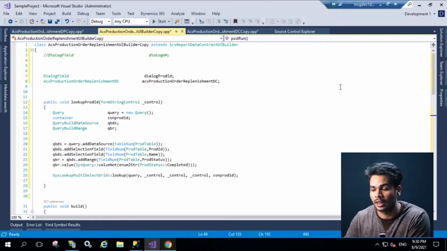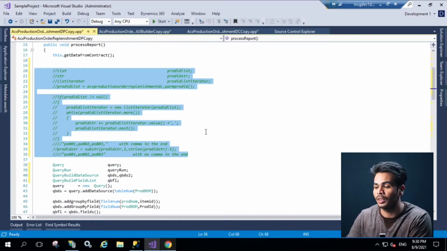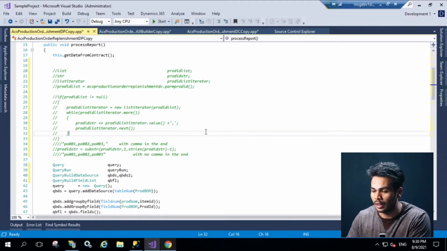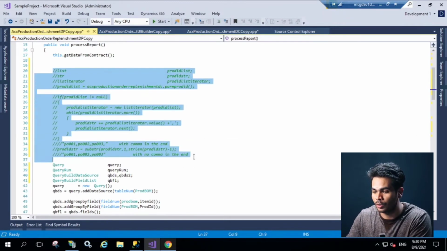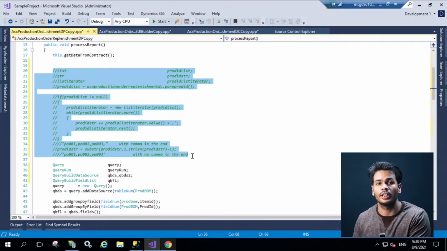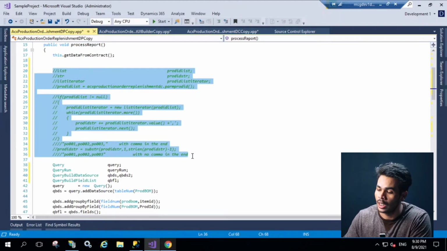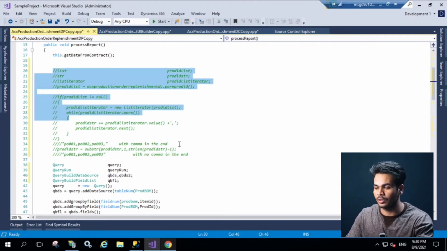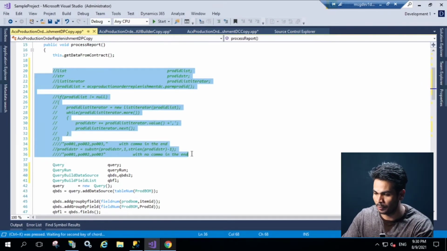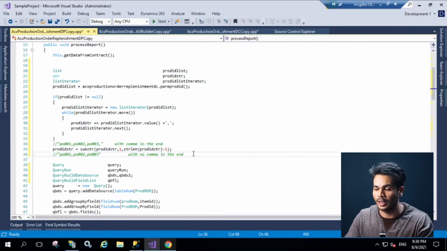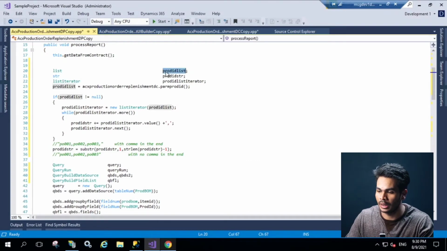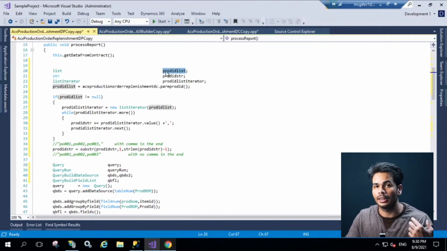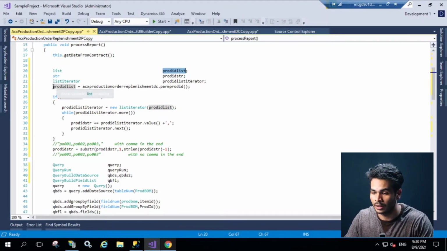So let's move to the next class, which is a DP class. How we can get our multi-selected values from the multi-selected lookup, and also how we can filter our query based on that multi-selected value. Here, these lines of code which are commented are the lines you have to write to make it work. First, I have made a variable of list which will be getting the list from the param method. Here line number 23 will be getting the list from the param method.